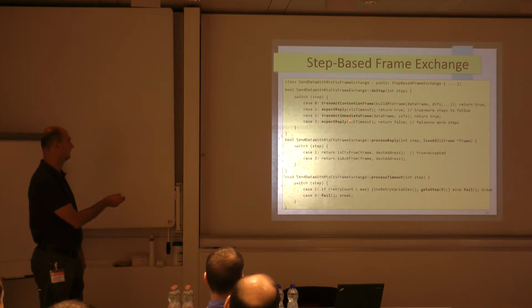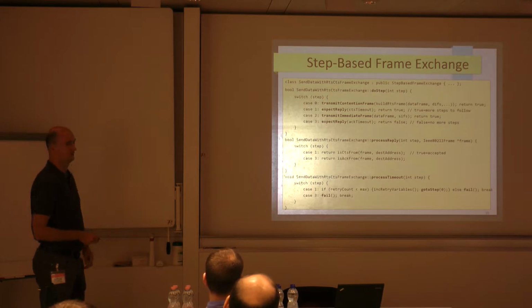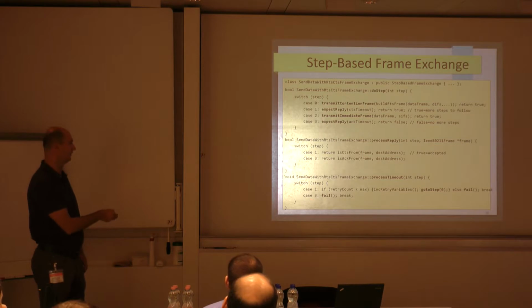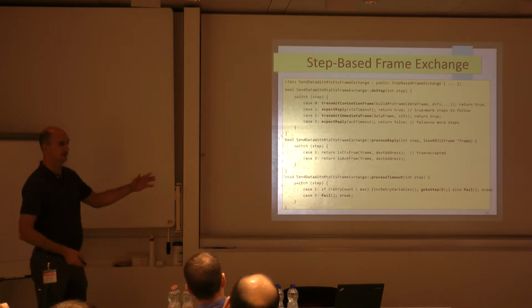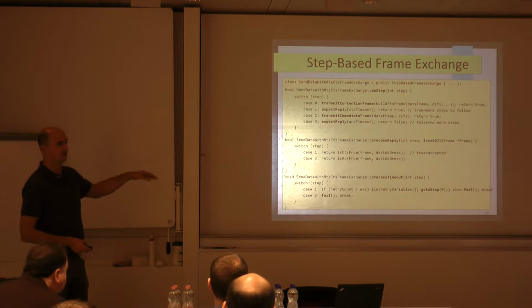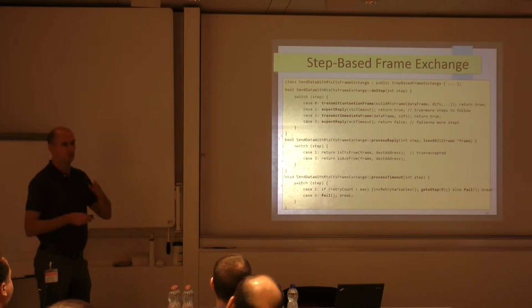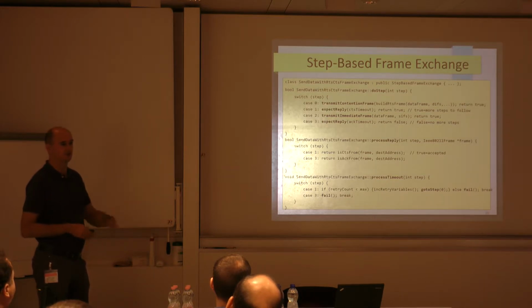And in the third step, if the acknowledgement doesn't come, then we just declare that this state machine, this frame exchange, has failed. And this process reply thing says that when we expect the reply here, we expect the CTS frame, and here we expect an ACK frame. So basically, this is all you have to do for this kind of frame exchange. And you can imagine that more complicated frame exchanges can also be described in quite a compact way.